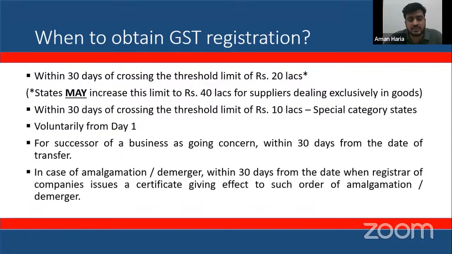And in some specific cases, for example, the successor of a business which has been transferred as a going concern, the successor is expected to take GST registration within 30 days of the transfer of such business. Lastly, specifically in case of amalgamation, two entities becoming one or one being taken over by the other, or a demerger, one entity being split into two or more entities, in those cases, you are again expected to obtain a GST registration within 30 days from the date on which the registrar has issued